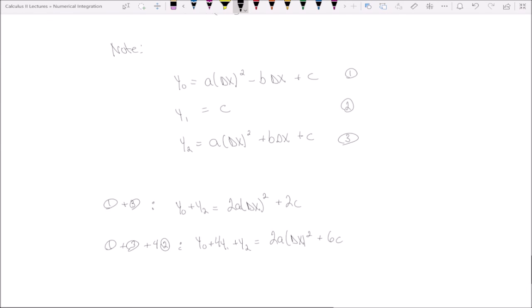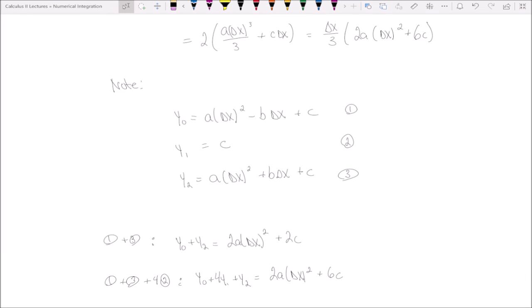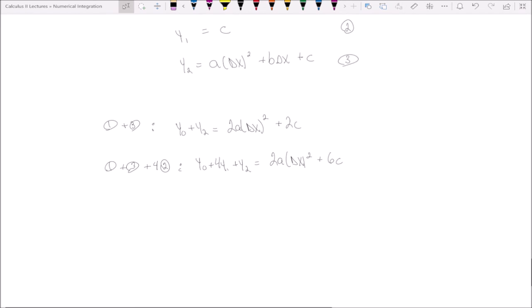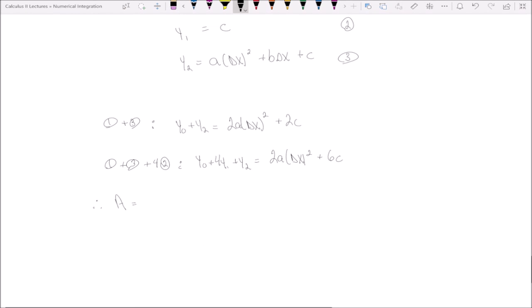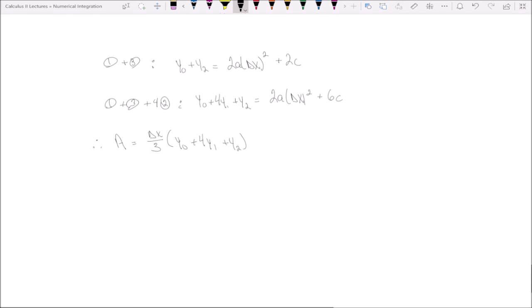Well, look, this is this. So we just do substitution. So the area winds up being delta x over 3 times y0 plus 4y1 plus y2. Notice that this area depends only on the y coordinates of the 3 points. So we can obtain a similar expression if we cite the parabola over any of the subsequent pairs of adjacent subintervals. So what we're going to get is total area